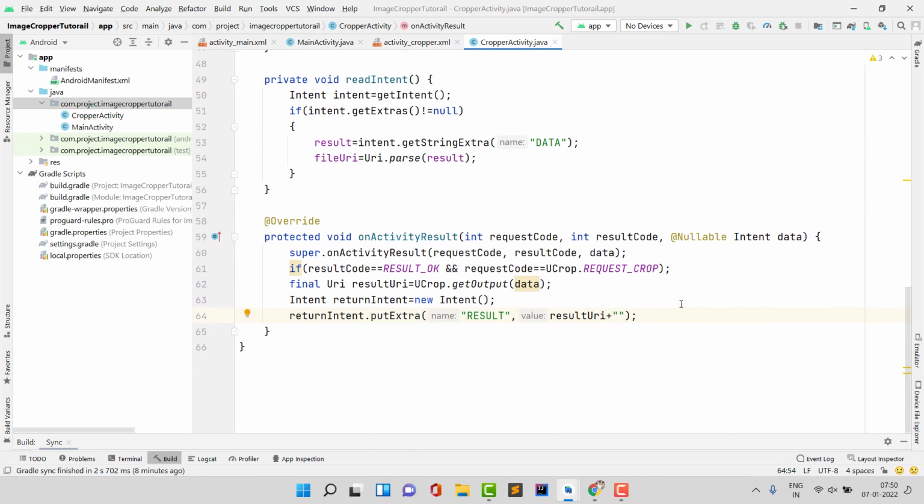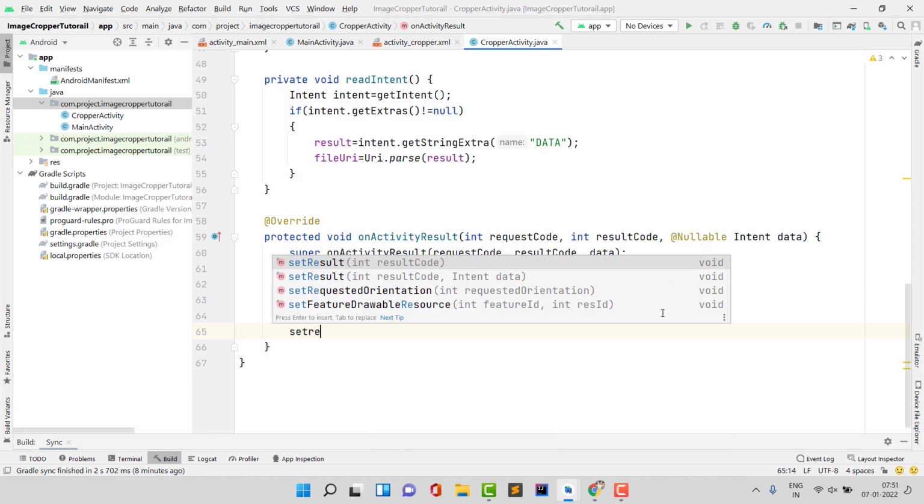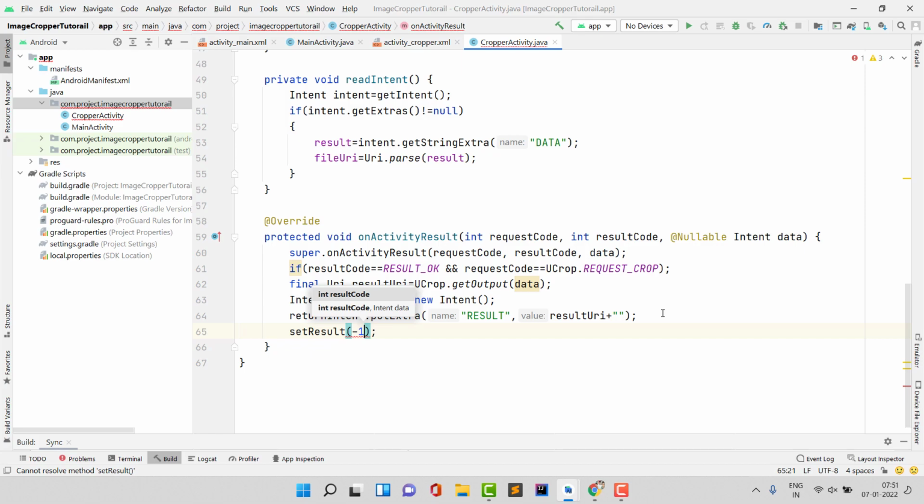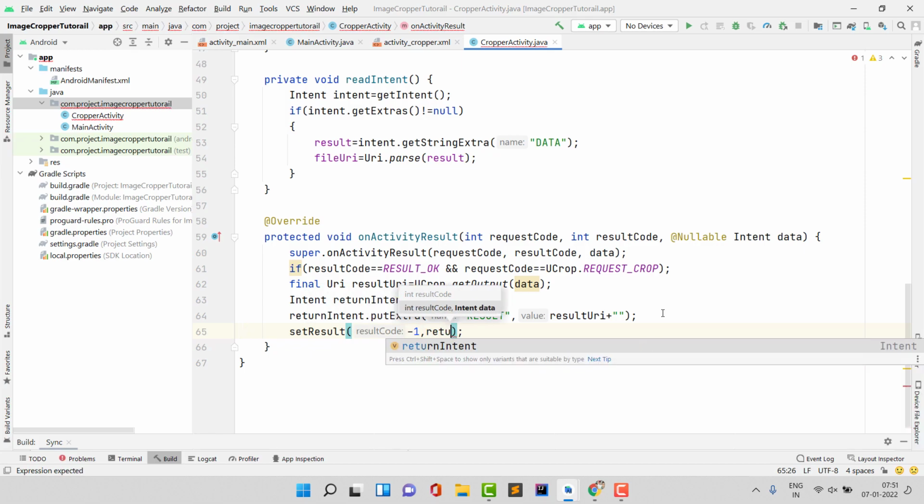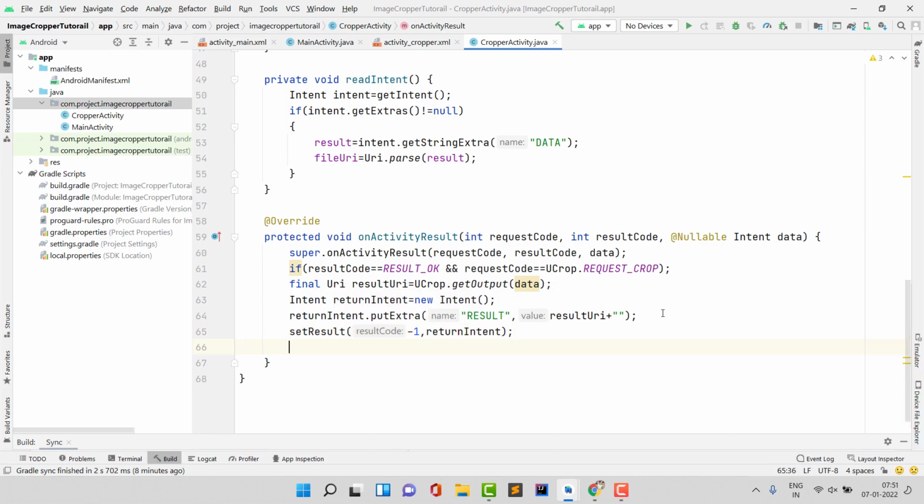Otherwise, if it contains null, it can crash your application, so always type here plus and then double quotes. It is just an empty string, but it will prevent your application from crashing. Now after this, we have to set this result, and we are passing this -1 code and returnIntent, which contains that data, and then we will finish this activity.